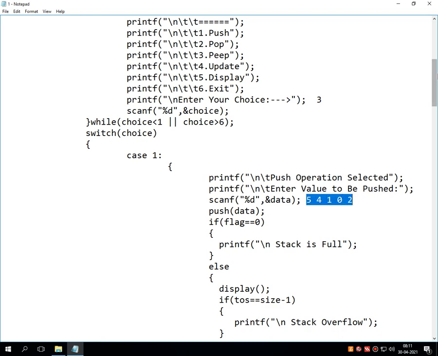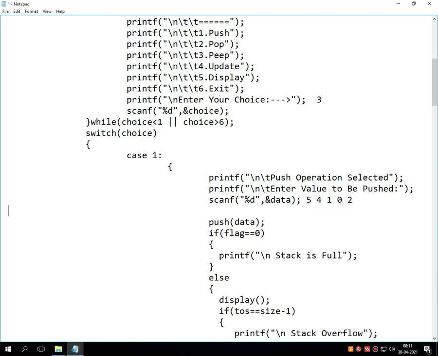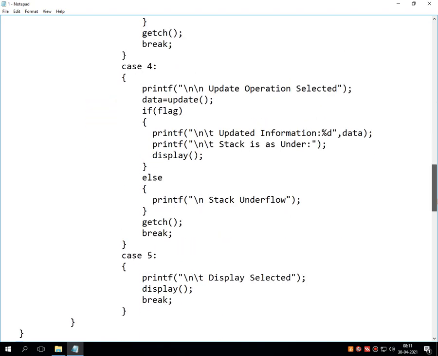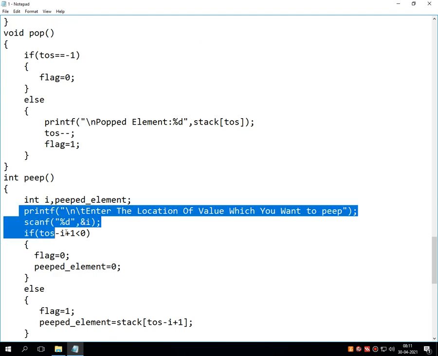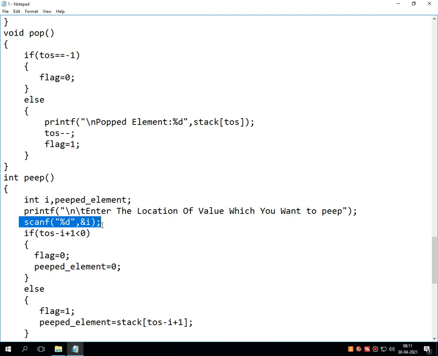Let me write these locations over here for knowing it better: 0, 1, 2, 3 and 4. Now at this particular scanf statement, suppose I am entering location number 3. So that location number 3 is going to be stored inside the variable called i.